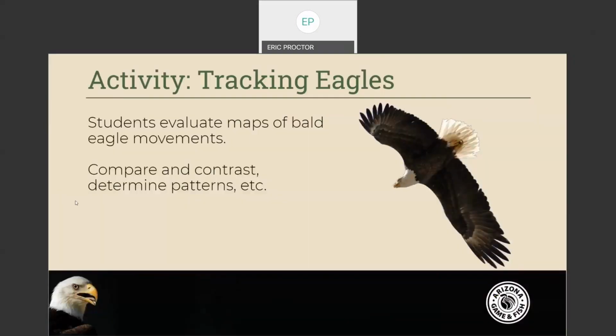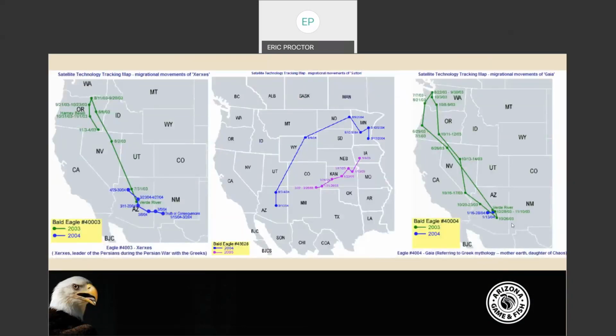As part of the management of bald eagles in the state, biologists spent a few years tracking the movement of eagles from Arizona. We were curious where they were going during their migration and how much they interacted with other eagles from around North America. Some of that study is ongoing, some of it's not necessarily available, but we have taken some of this data and made it available for students to look at. They can look at different maps of some of these tracked eagles, and they can compare and contrast, similar to what we did with the migration activity before. So here are some examples of the maps that are available.